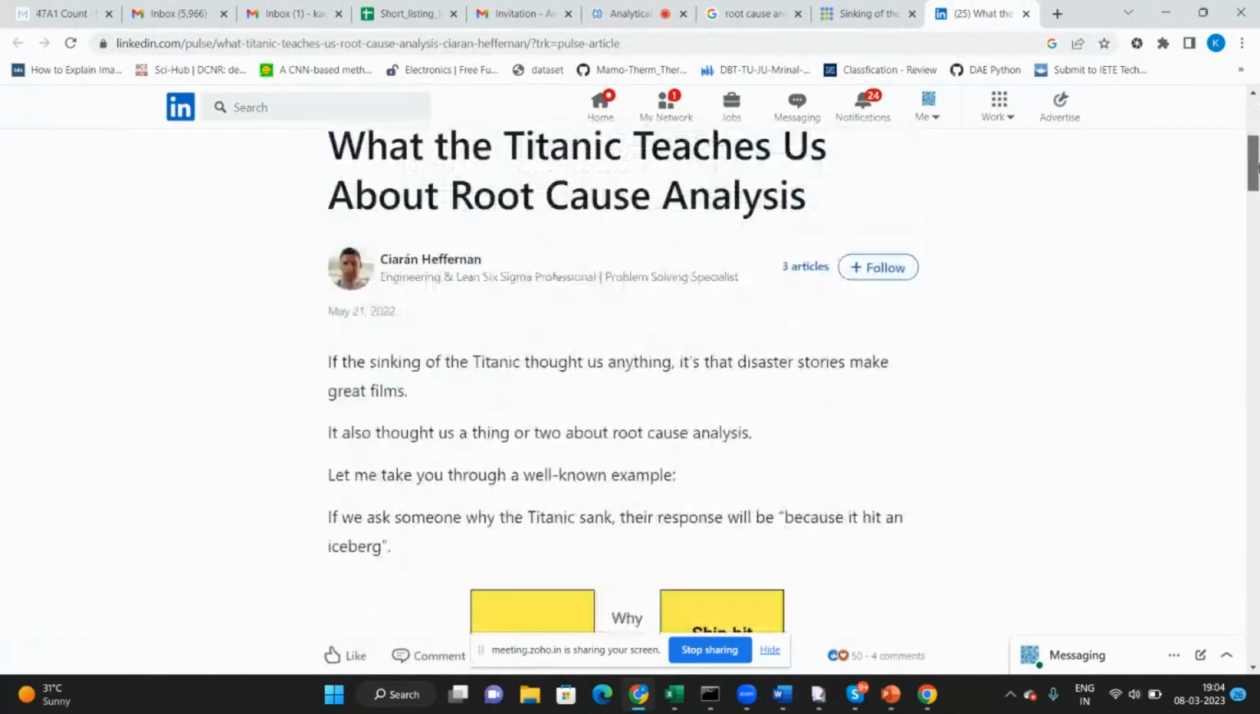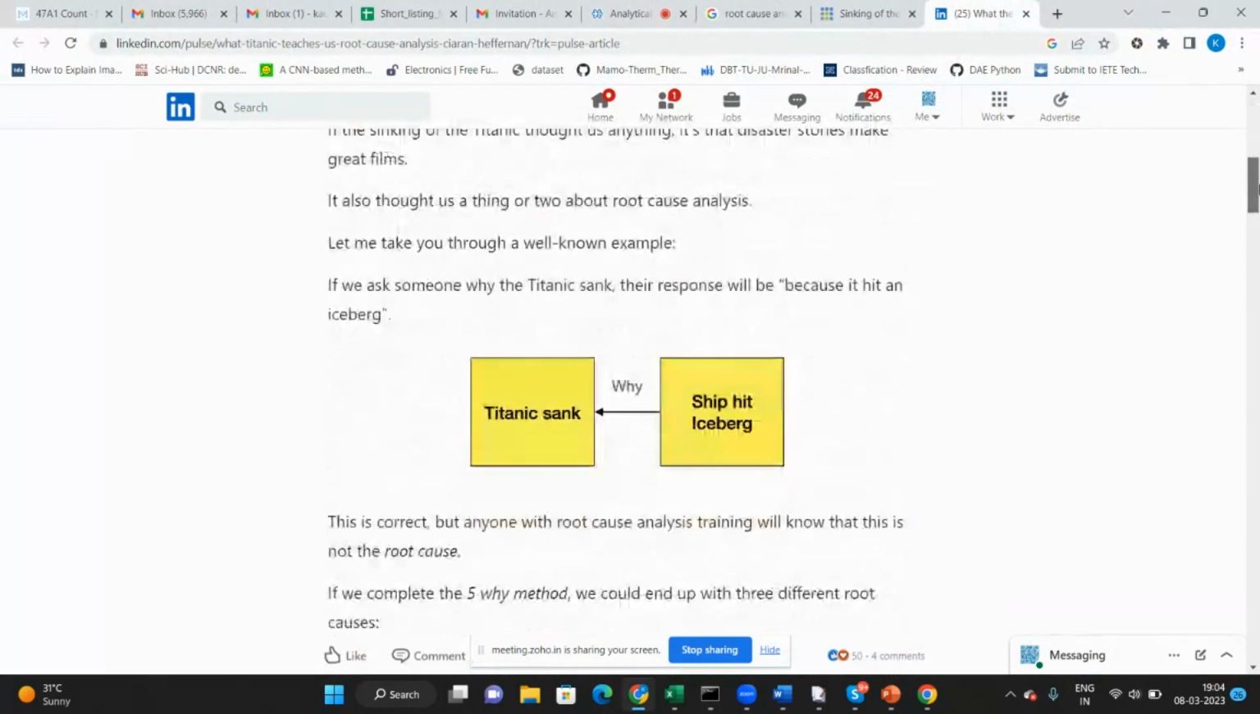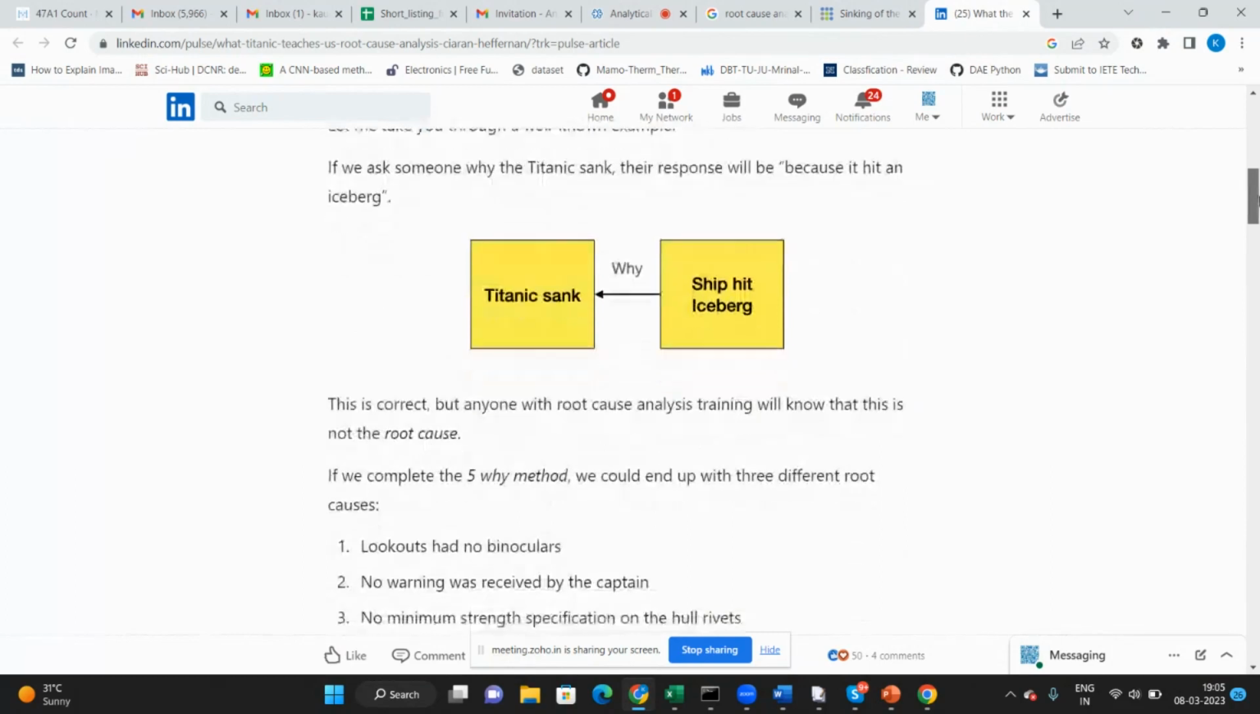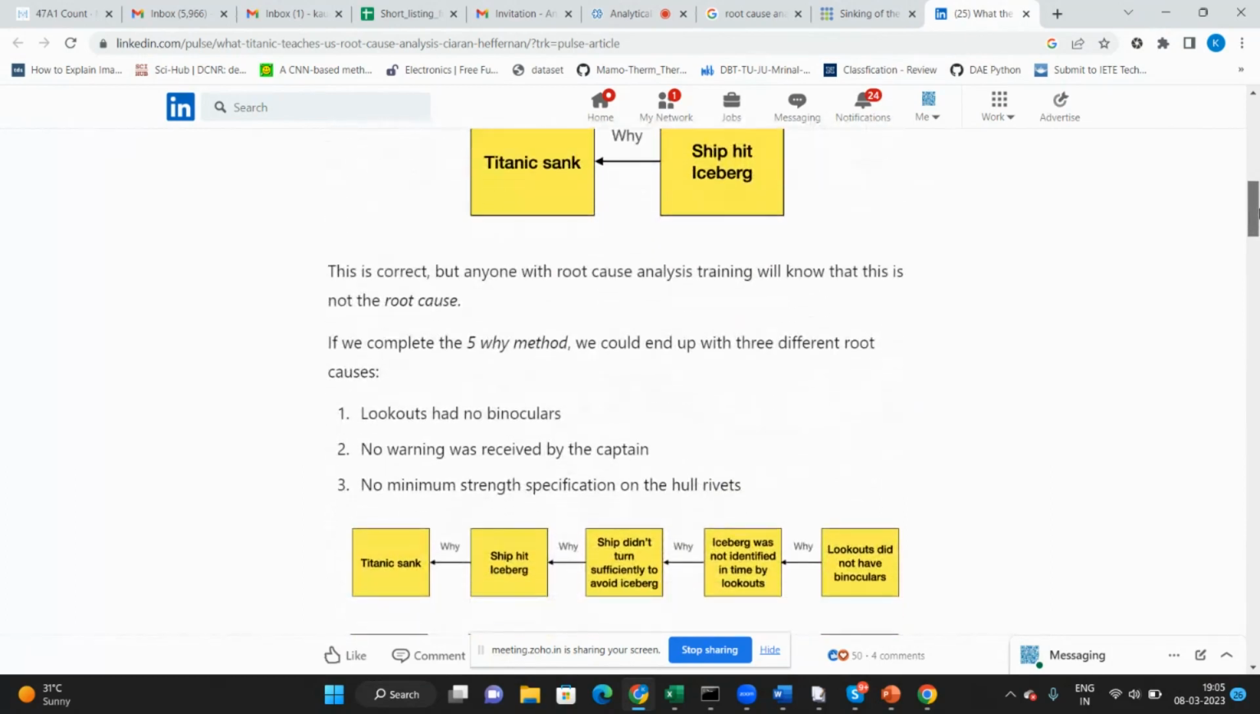Now, if you take the example of Titanic, which we just saw, we know that people usually say Titanic was hit by an iceberg and then it just broke and sank, right? This is just the outward thing. So let us try to use the 5-why method here. The problem is that the Titanic sank, right? So if I ask you why it sank,